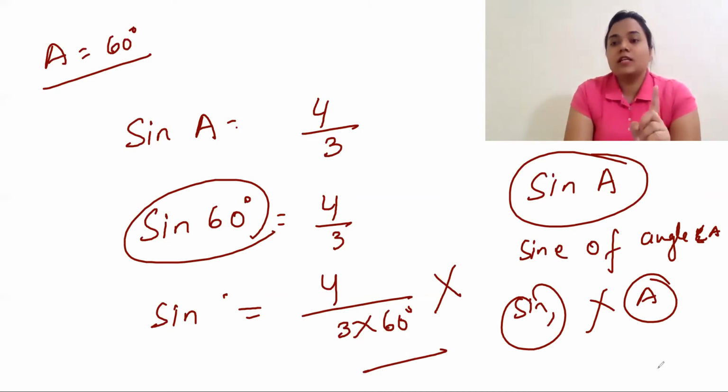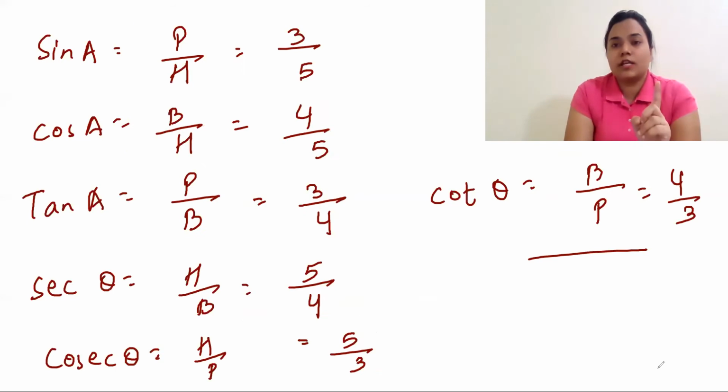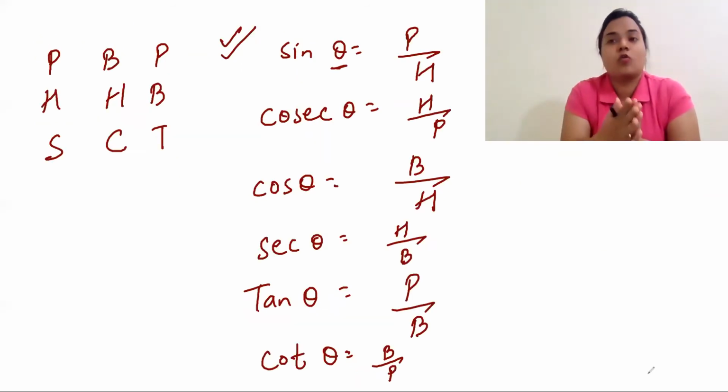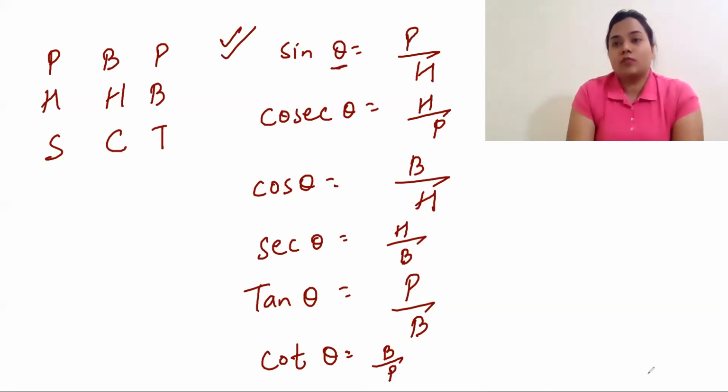In the first exercise, we have to do only these T ratios. So in this video, we are doing only the basics like how to find the T ratios. In the next video, we will be solving the first exercise. So till that time, memorize this formula, Pandit Badri Prasad, Hari Hari Bol, Sona Chandi Tol. So in the next video, when we will be doing the questions, it will be very easy for you to recall it and do it faster.